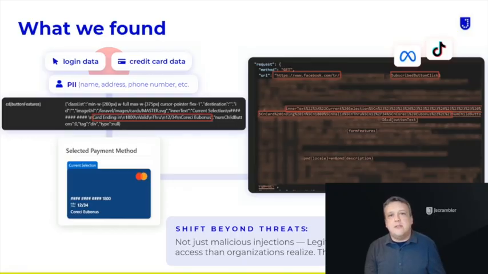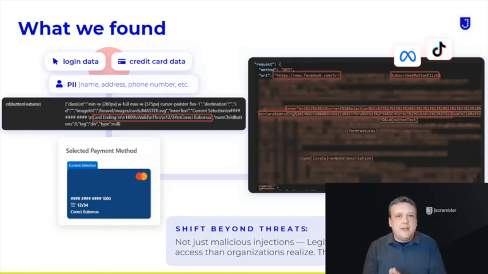Those advertising pixels, they might never appear in an SBOM. They were added after deployment through Google Tag Manager by a marketing team. They're unlikely to be in your package.json. They're not in your build manifest. They probably don't exist in your dependency graph, but they are executing on your payment pages, accessing sensitive data and transmitting it to third parties.